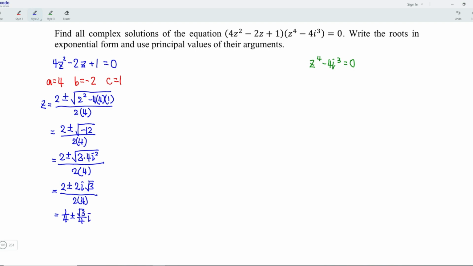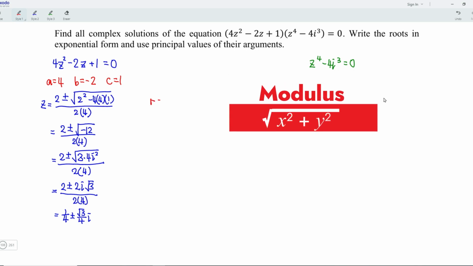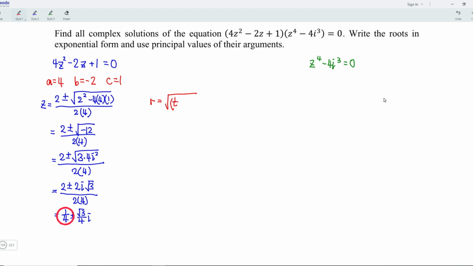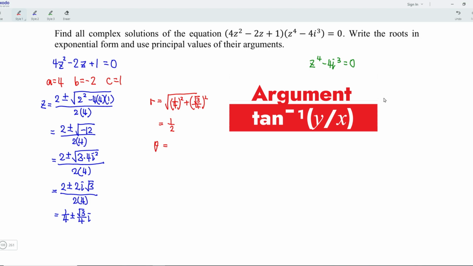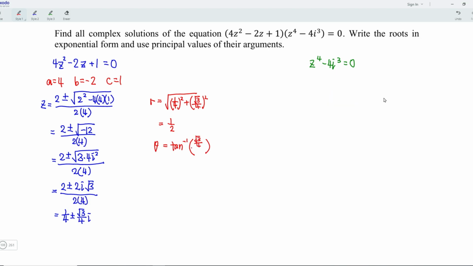And now let's convert to exponential form. Firstly, let's determine the modulus of the complex number, that is the square root of the sum of squares of the x and y components. There are 1 over 4 squared plus square root of 3 over 4 squared, and this is equal to 1 over 2. Next, let's determine the argument, that is arctangent of the ratio of the y to x components. So we should have square root of 3 over 4 divided by 1 over 4, which is equal to arctangent of square root of 3,